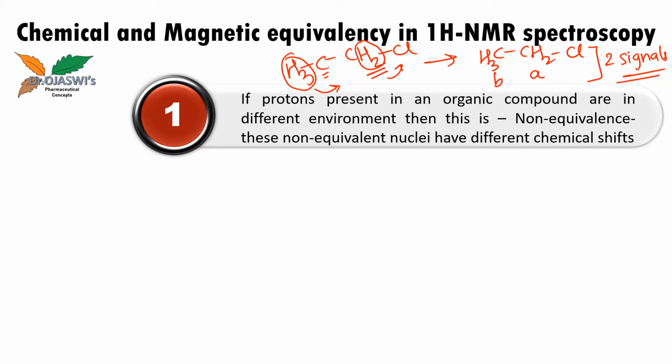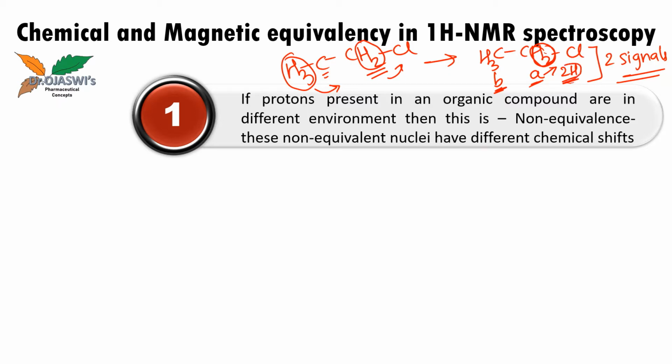Okay, and more explanation on this topic I have already given in my earlier videos. You can check it out on my channel. And here, these A and B protons are in different environments and therefore are non-equivalent. A represents these two hydrogens, so they are in one set. Why? Because they are equivalent, as they are both present on the carbon which is directly attached to this chlorine.